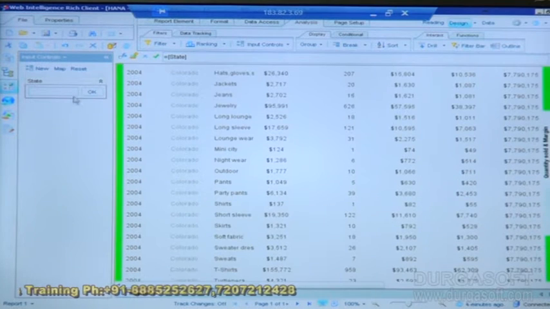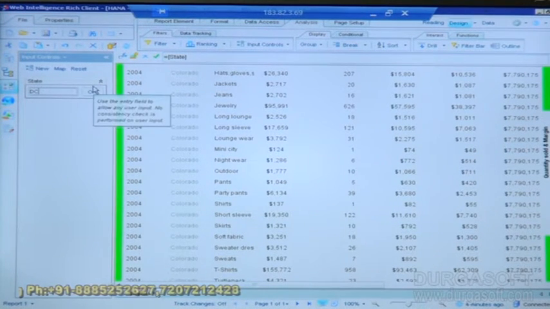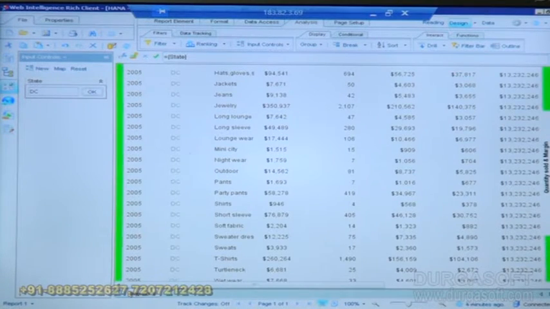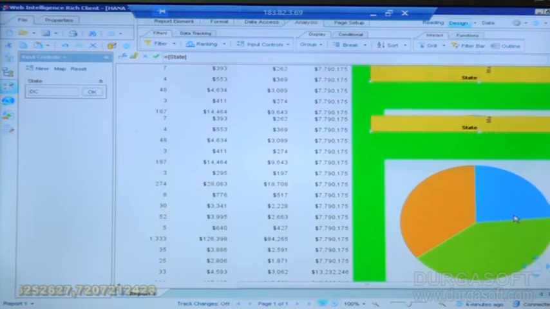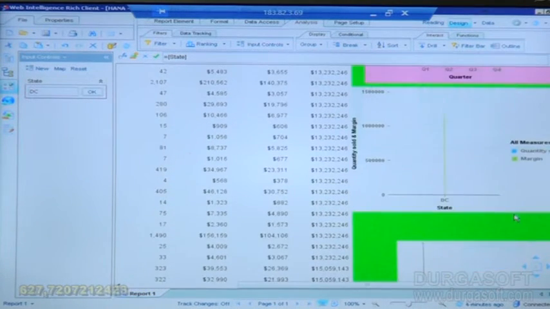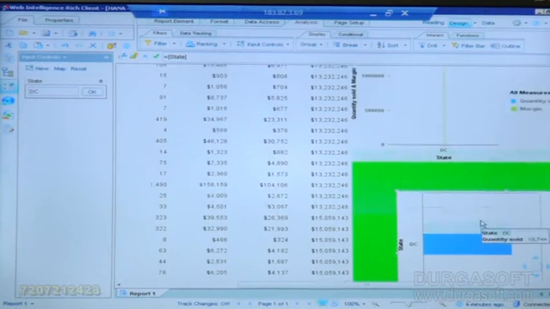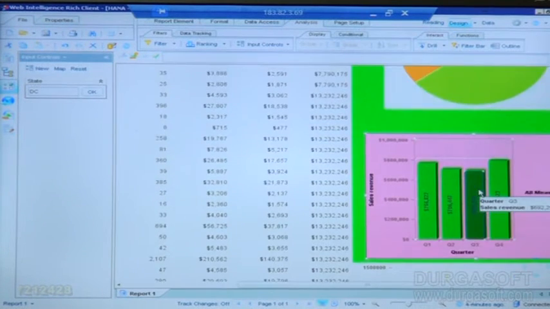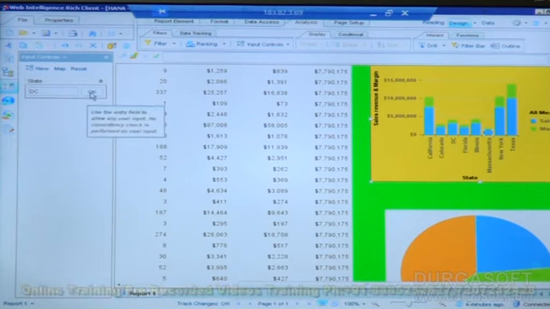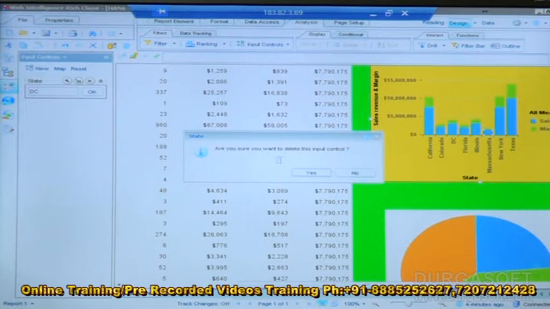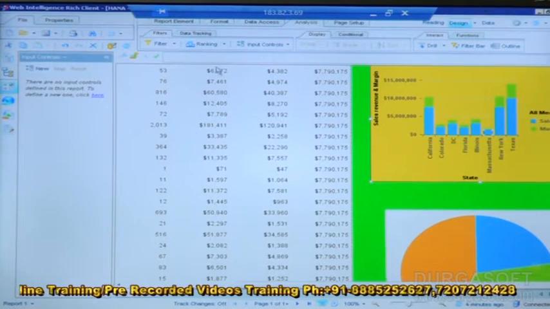Now from here, if I select DC and press OK, it is entered. So here you have to enter manually. We get only the DC result. You can see this is all the DC result, DC for all the things. This is how we can get all those activities. This is for the input, so we have to enter input manually.